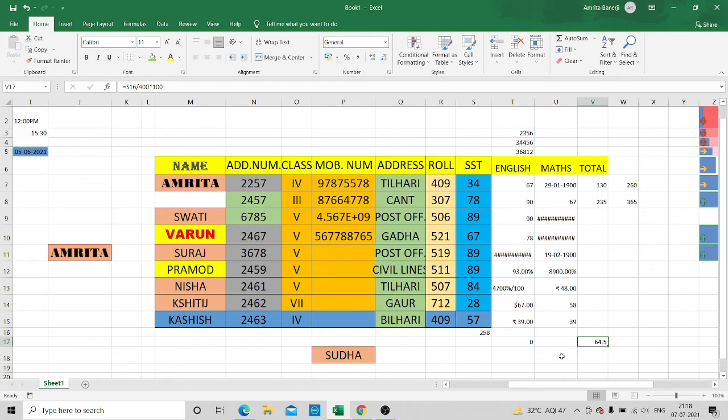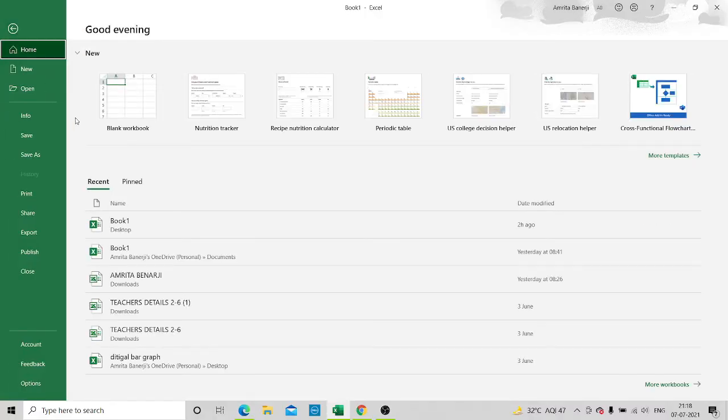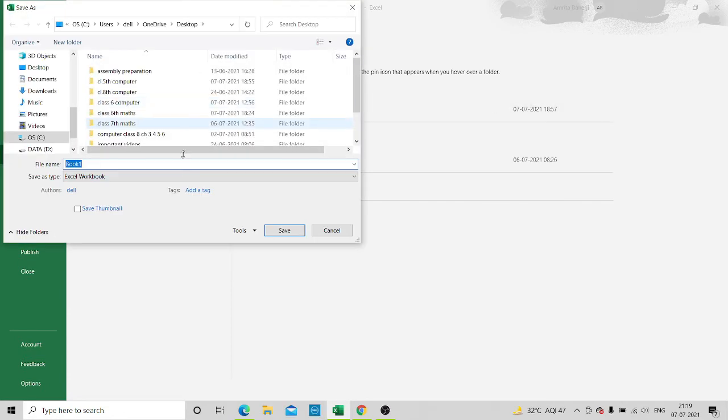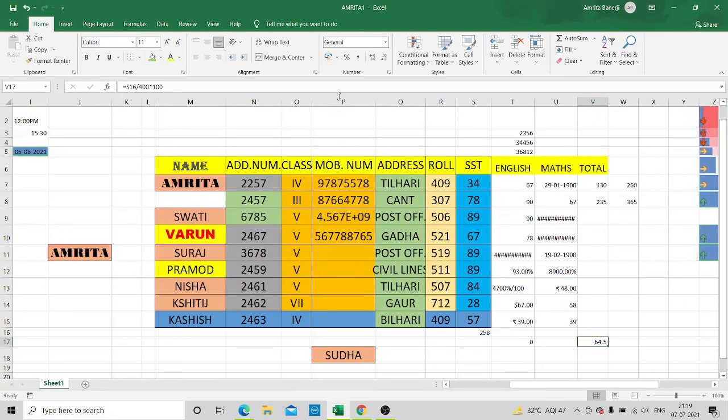Now children, suppose I have created one document. Now I have to save my document. Where will I go? I will go to this option. This is my save option, children. Now if I have to save it with a new name, I can go to this save as option. I can save it on the desktop, and suppose I have to give the name Amrita 1. Even this is possible. If you save this using save as, it will get saved with another name. Now you can see the name has changed.